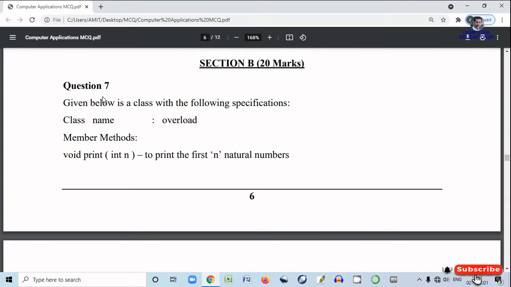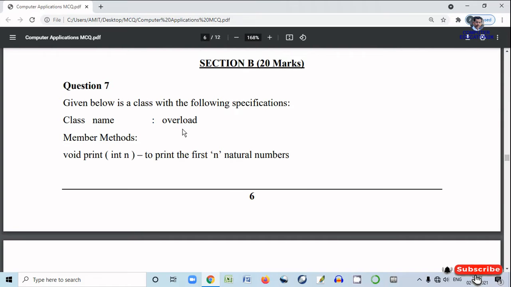One thing I would like to tell you here, for attempting the questions in section B, first of all you have to read the questions very properly. Then only you will be able to answer the questions given in section B. So the first question is: given below a class with the following specification.